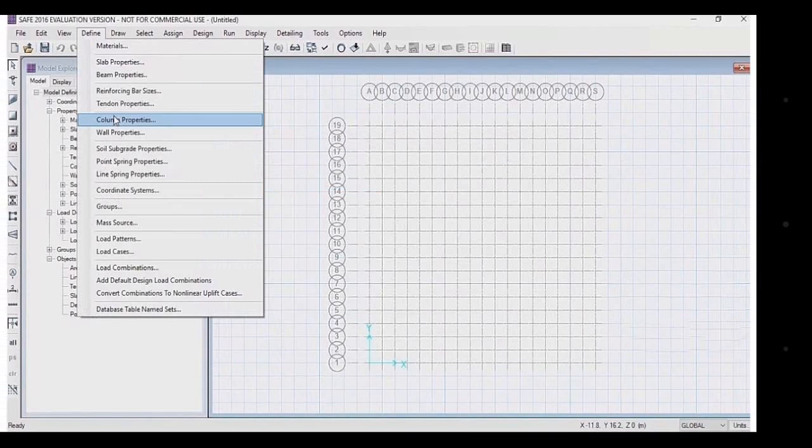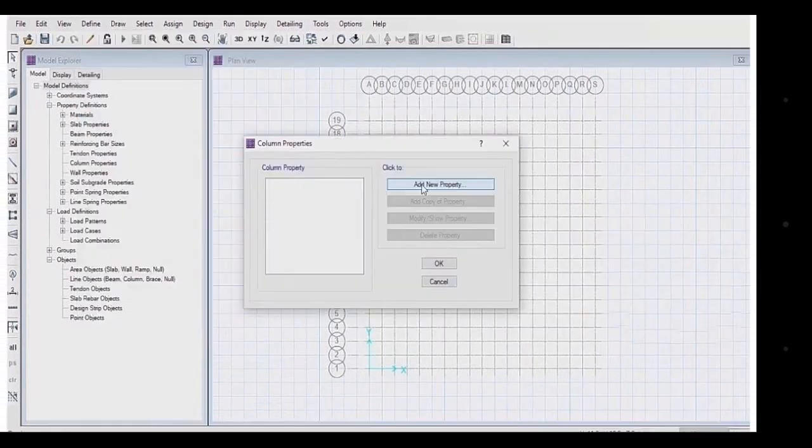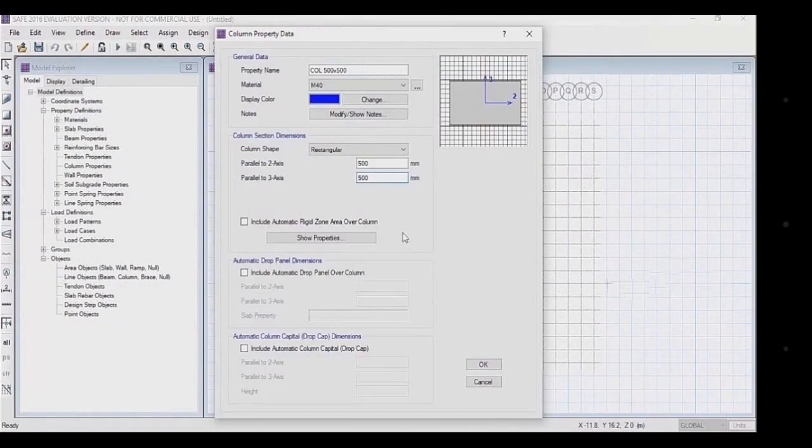Then click on define, then click on column properties, then click on add new property. We have two column properties, column 500 into 500 and column 600 into 600. First we define column 500 into 500. Property name column 500 into 500, material type M40, and thicknesses in x and y direction is 500 and 500.